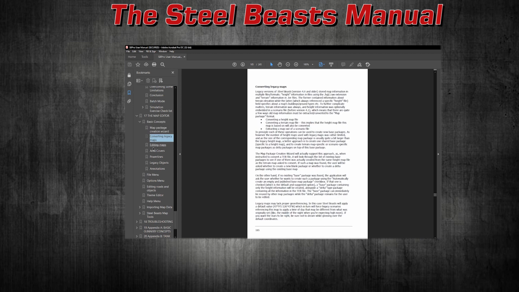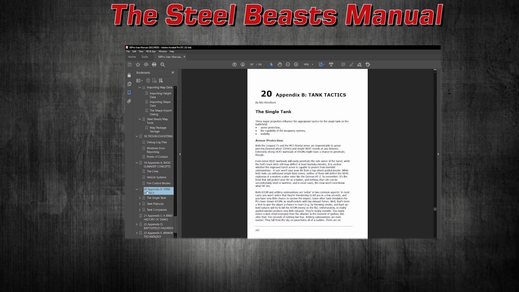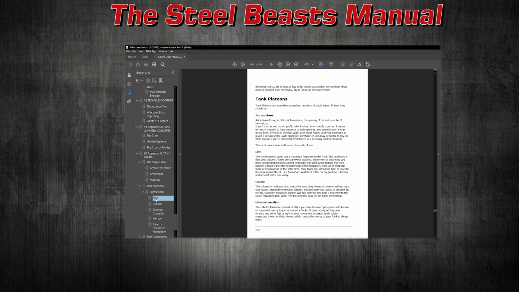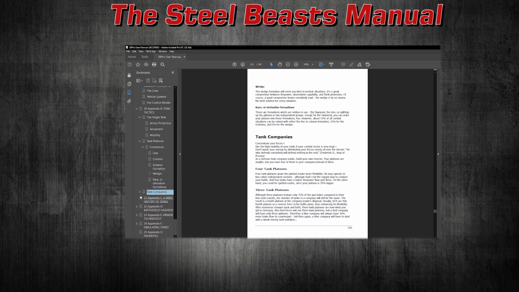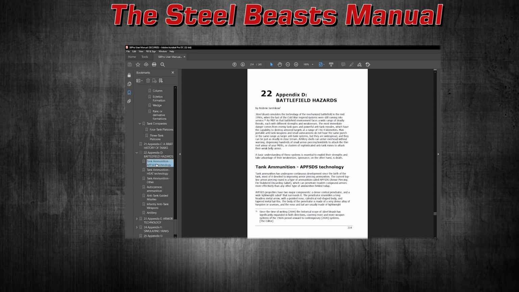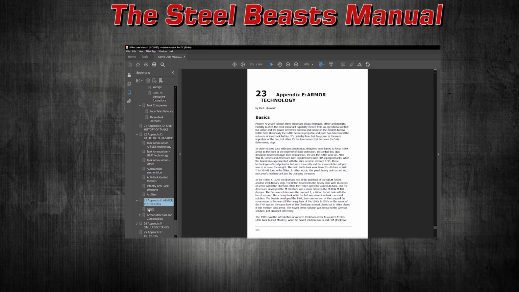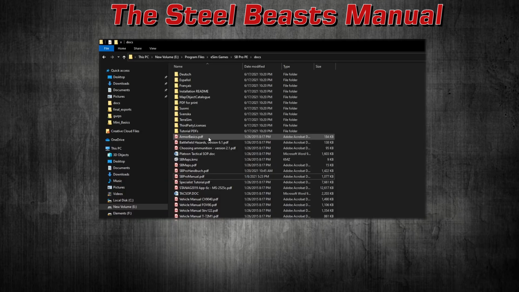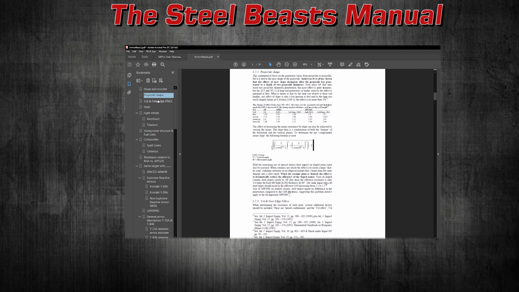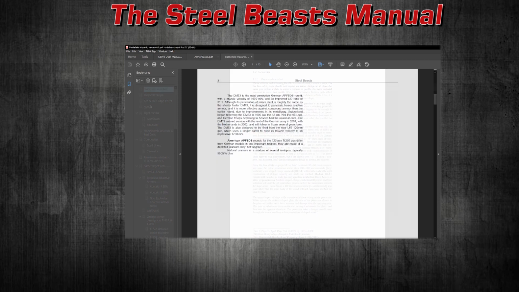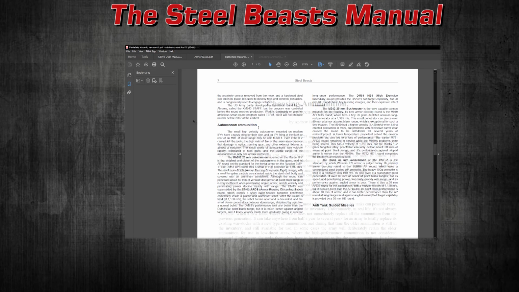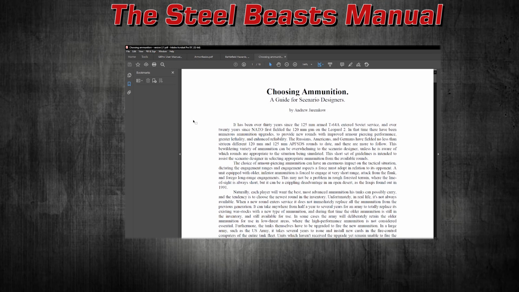This manual also provides several appendices about gunnery topics, tank tactics, battlefield hazards, armor technology, and the challenges of simulating true-to-life armored combat. These appendices are expanded upon with additional detail in standalone documents, in English, in the same docs folder as well. These separate documents provide in-depth analysis of selected combat systems and advice for period-appropriate ammunition selection for